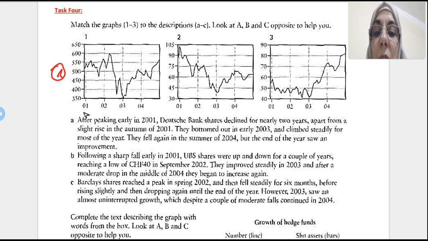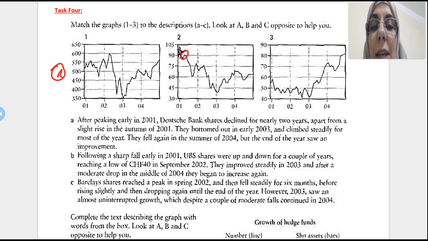So look, after peaking early in 2001, Dutch bank shares declined. There is a decline, okay, for nearly 2 years, apart from a slight rise in the autumn of 2001. A slight